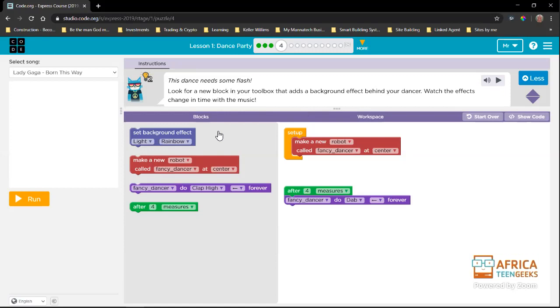So what we need to do is find that block that says set the background effect. And there it is. Now we have to decide where we are going to put this in. So this is where we start learning about sequences. So if we put this at the bottom,